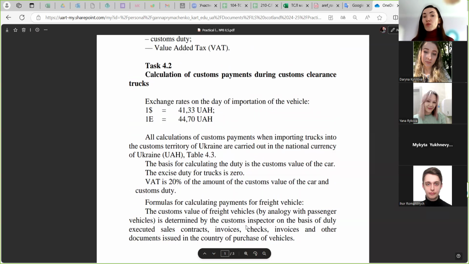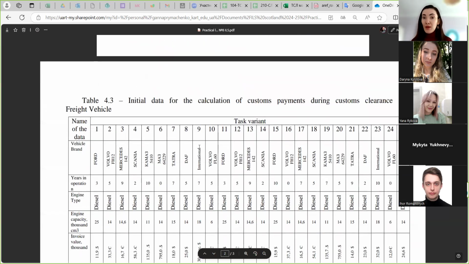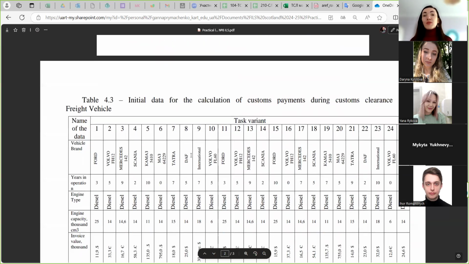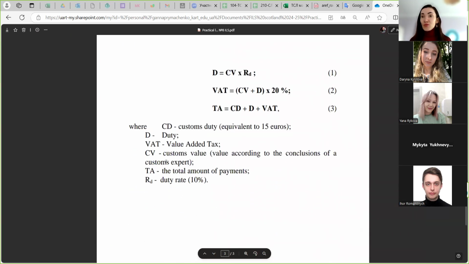Now I open the formulas. We calculated only 3 formulas today. In previous task, we used 4 formulas. We also calculated excise duty, but for heavy vehicles, it is 0, so we don't calculate these parameters. So I open the formulas, it is the same, so we can remember it better because we use the same parameters without one of them. So we do today first, second, and third formulas. It is the same parameters, but it is different thousands, some values